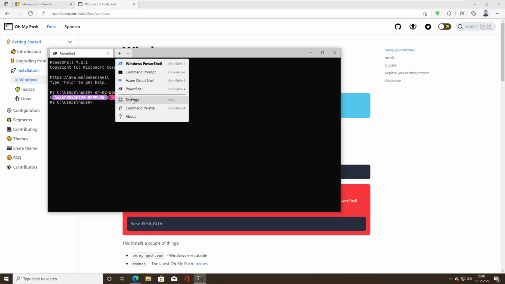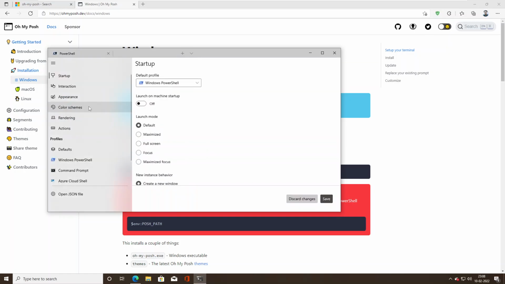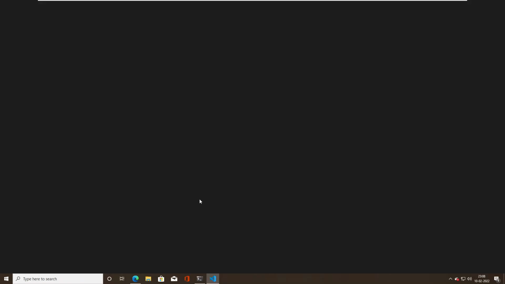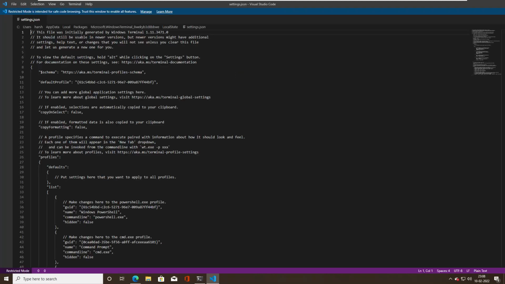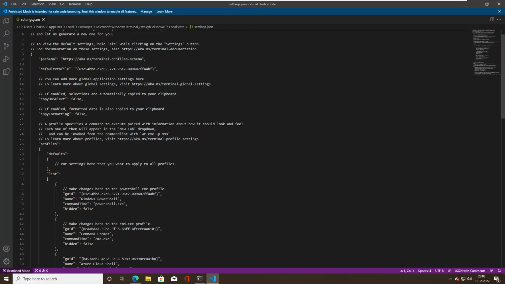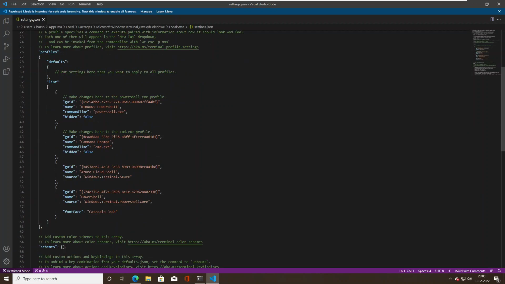I will go to settings. I will go to open the JSON file. It takes some time. I'm opening this file using the VS Code editor. You can also edit this using Notepad. I'm using VS Code because it looks beautiful, and also it is easier to use. So here I will find the PowerShell core. Now this is the PowerShell core, that is the PowerShell 7. I will delete this. I had included it earlier, but it is not required, so I will delete it,